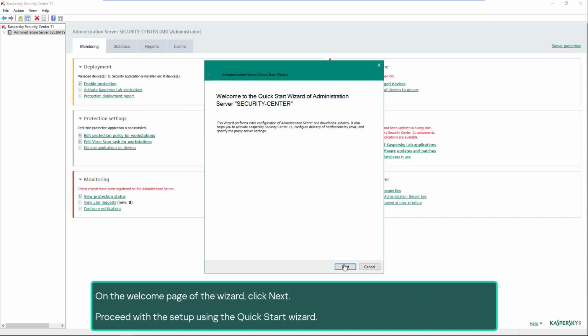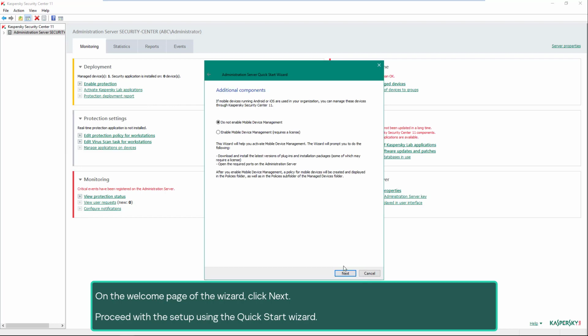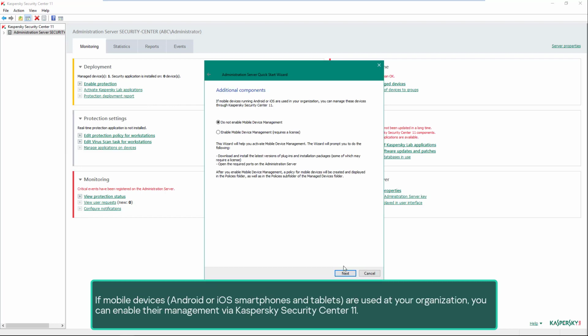On the Welcome page of the wizard, click Next. Proceed with the setup using the Quick Start wizard. If mobile devices, Android or iOS smartphones and tablets, are used at your organization, you can enable their management via Kaspersky Security Center 11. You can also enable or disable it at any time in the Mobile Device Management node of